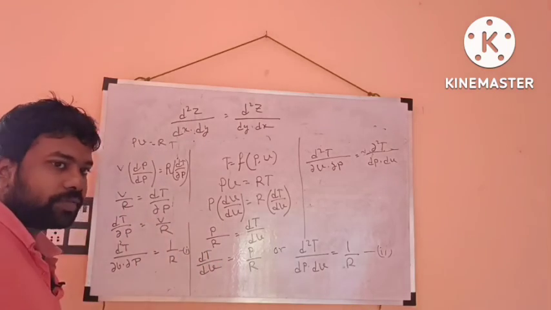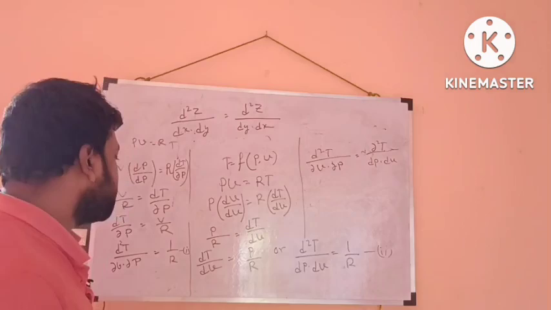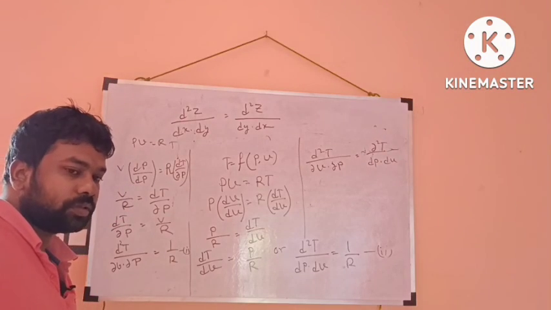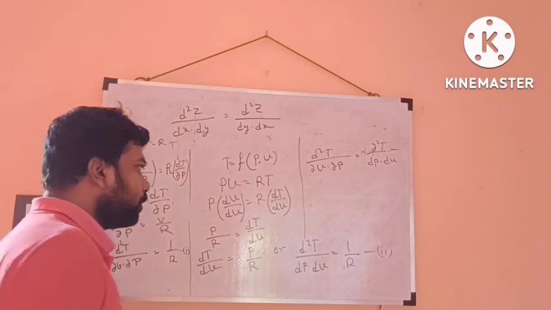We can also consider a cyclic process: if it is a state function, then its change is 0. For a cyclic process, if it is a state function, then it is 0. Suppose